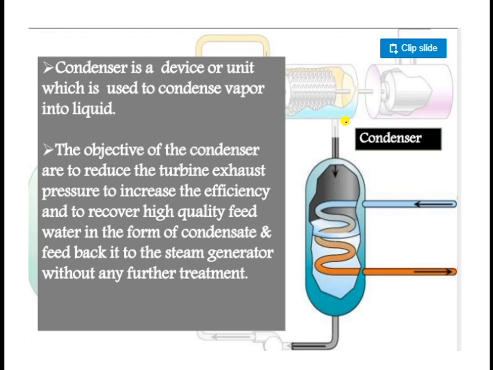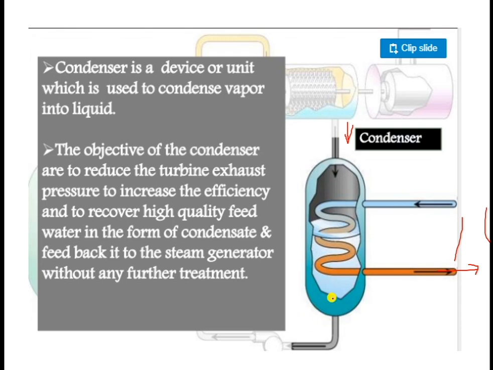And then again, the steam coming out through the turbine will be low pressure steam, which will be converted into condensate by the cool water moving from this side, which absorbs the heat from the steam inside the condenser. It gets converted into condensate. This warm water will again be supplied to the cooling tower, where it gets cooled again, and the recirculation of water will take place, and the condensate formation will again be available.